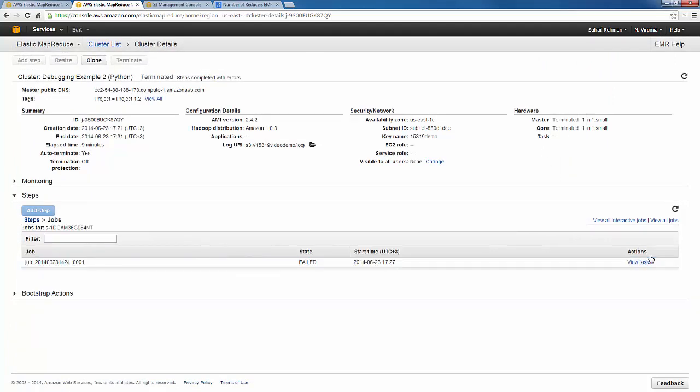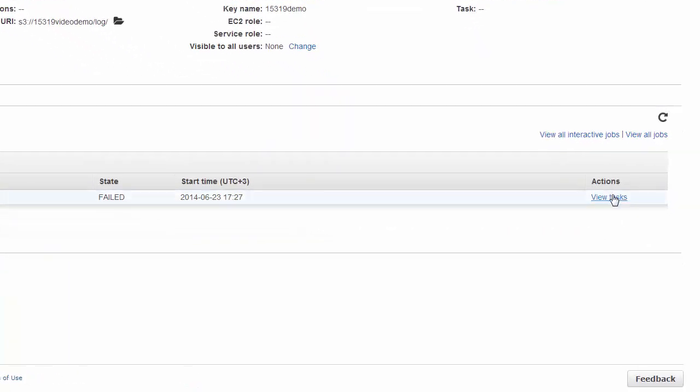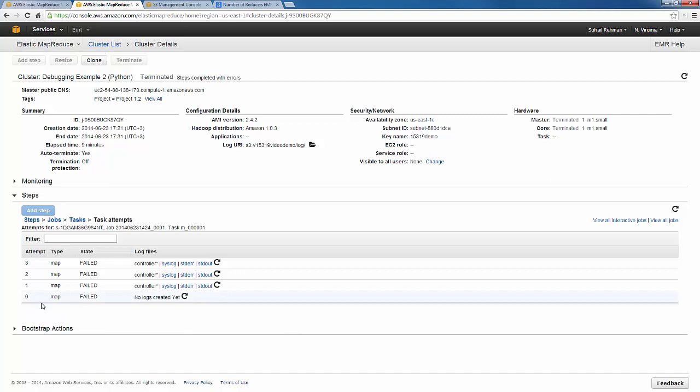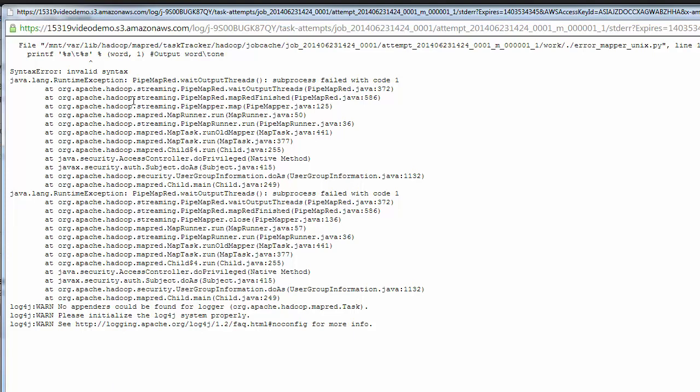If you click on the view jobs, you'll see that this job that was submitted failed, and if you click on view tasks, then you'll get a list of tasks, and again, this is all parsed from the log file, so make sure that you have the logging enabled in S3. So it shows that these two map tasks, maps 1 and 2, failed. Now if you click on view attempts, it's going to show you that it tried to run these attempts and then they died out. So let's look at the standard error,